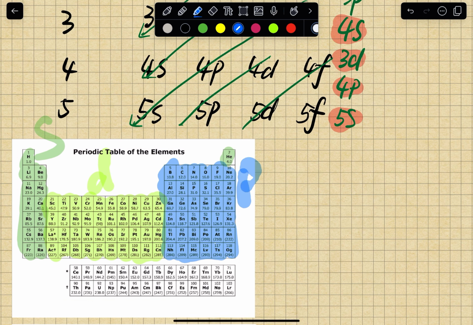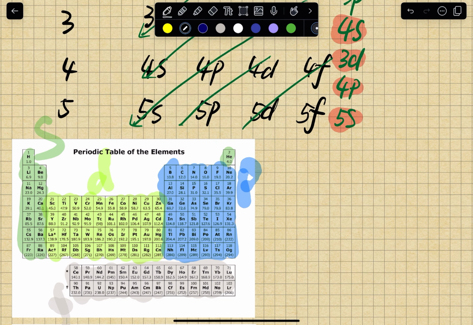P orbital. Okay, and then lastly, we can label the F orbital, which is not used very much for the MCAT, but just for completeness. Okay, so that's the F orbital, right? And then the tricky part about